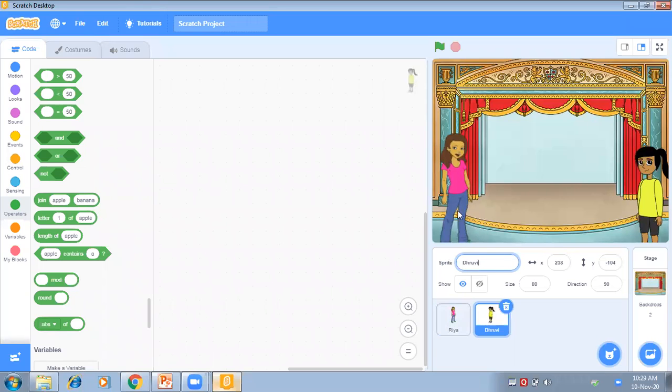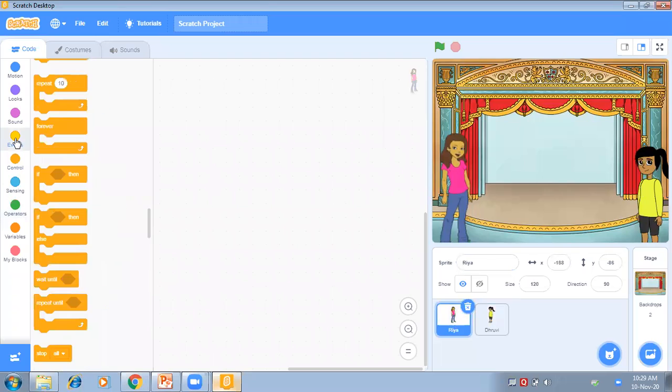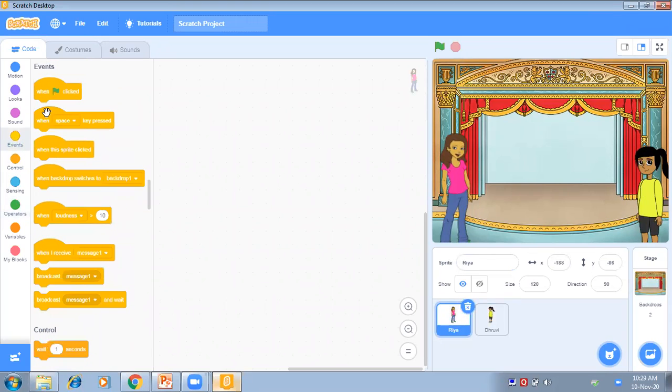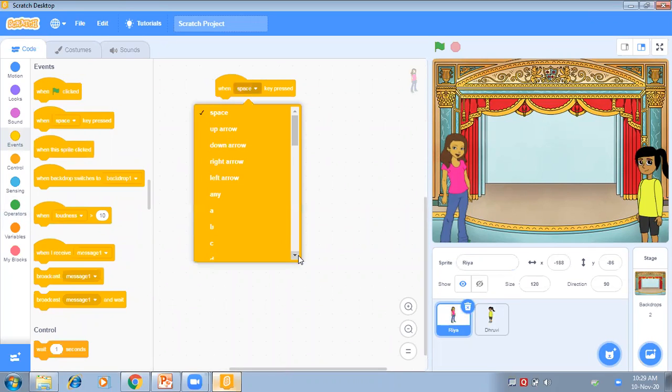Okay. Now first Ria will ask Dhruvi to enter a number for which she wants to calculate the square. So we will do the coding in Ria first. So we'll go to the events and drag. First, I'll choose when R is pressed. R is for Ria and D is for Dhruvi. We will take like this. So when R is pressed,